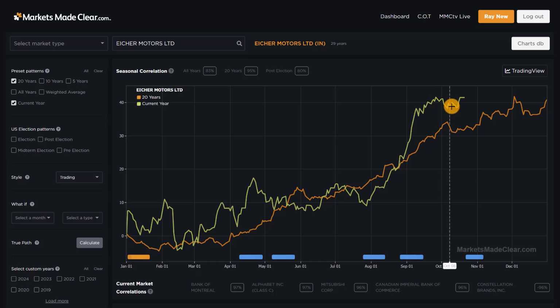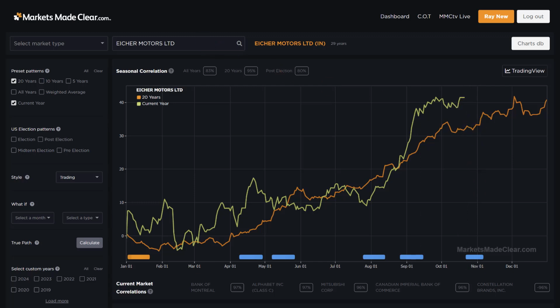The yellow is the daily closing price, and the orange is the 20-year pattern. And you can see how strongly correlated it has been right throughout the year. And within the optimum periods, we've seen a nice move to the upside through April. Bit of a range bound actually through the May period. It was a bit late before it woke up. And then we've seen strong performance heading into August, September, two really good performing optimum periods. And we're about to enter a sixth one of the year, which is really interesting, but a very, very strongly